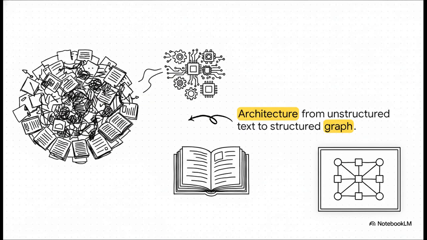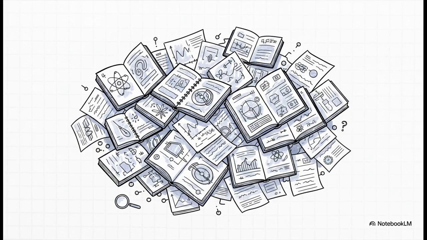Think about the sheer scale of the journey here. You start with messy, unstructured human history, documents, diaries, raw text, and the end goal is to turn all of that into clean, queryable, structured data in the form of a knowledge graph. Traditionally, getting from point A to point B required training highly specific, incredibly custom natural language processing models. But today, LLMs act as this incredibly intelligent engine right in the middle, processing raw text, recognizing relevant entities, and mapping them directly to a target schema. To truly appreciate this architecture, we really need to understand the massive historical challenge we're dealing with.